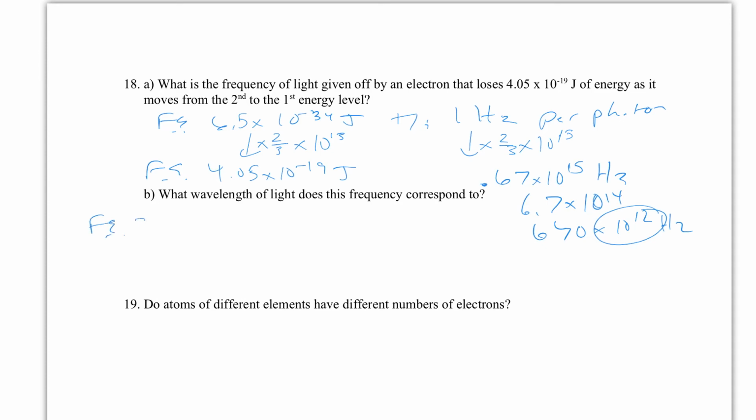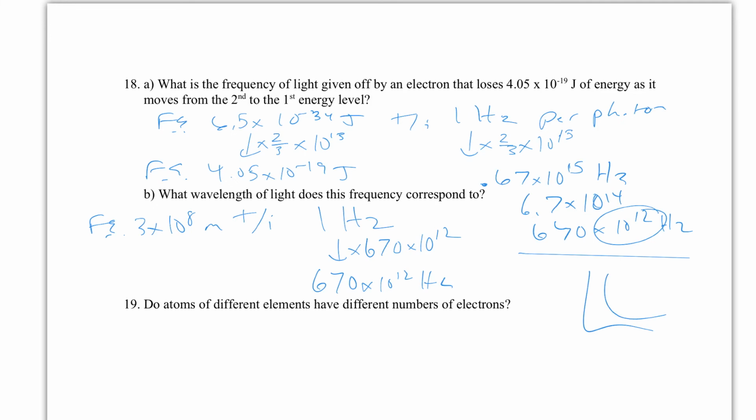So now we got to think back. So it's 3 times 10 to the 8th meters. There is 1 hertz. And so we could say, all right, well, this is over here, 670 times 10 to the 12th hertz. So this number is getting way bigger. But remember that this is an inverse relationship. So we're going to divide by 670 times 10 to the 12th. So 3 divided by 670